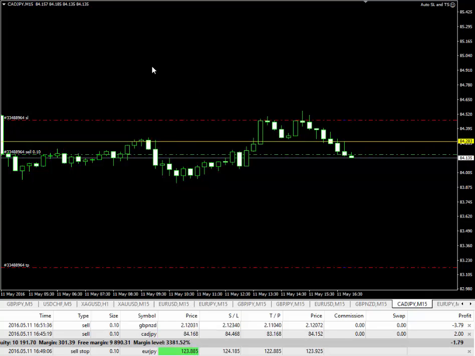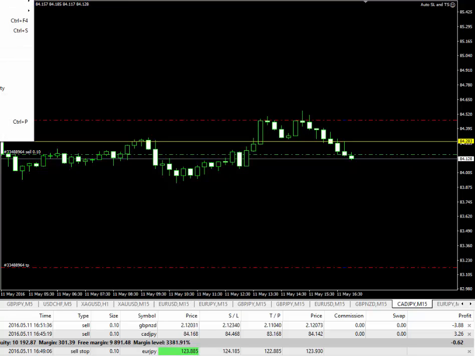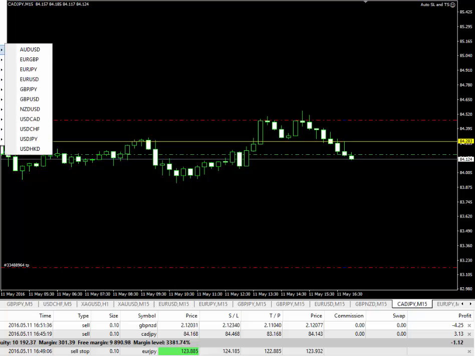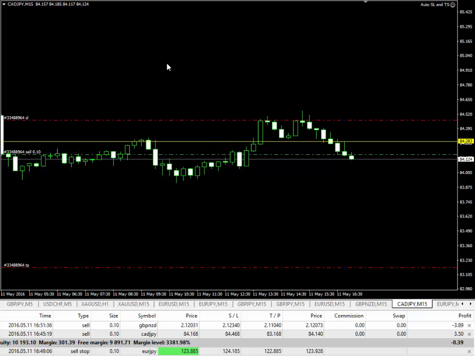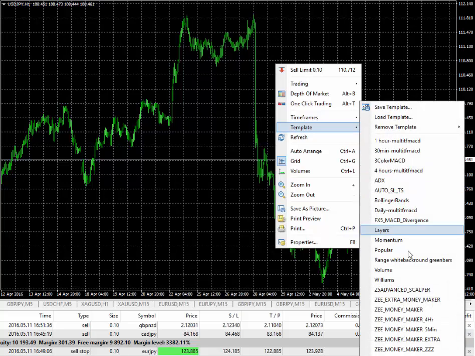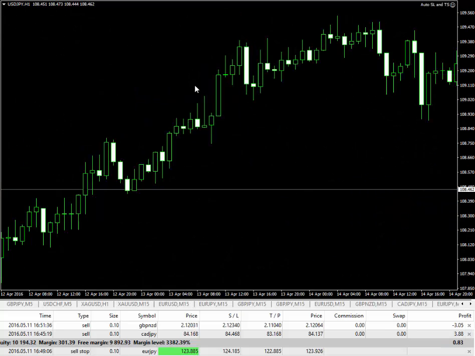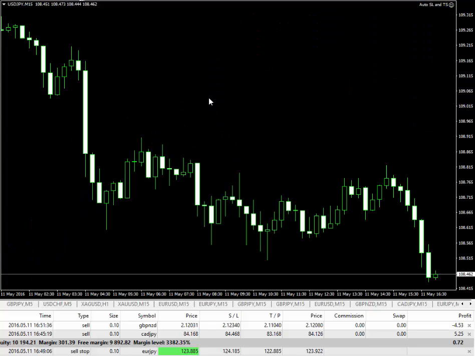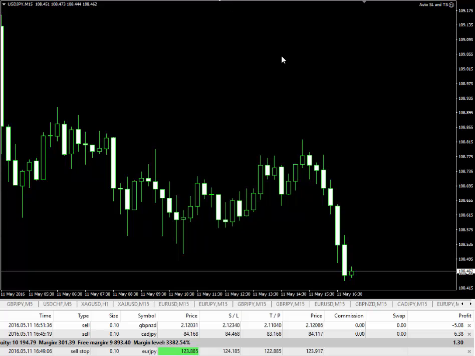Now I'm getting a new signal from Solomon, to sell USD JPY. So let's bring that chart here, new chart, and then you look for the USD JPY, and then you go to your template and look for the auto stop loss. Go to 15 minutes, and then the pending order is at 109.216,